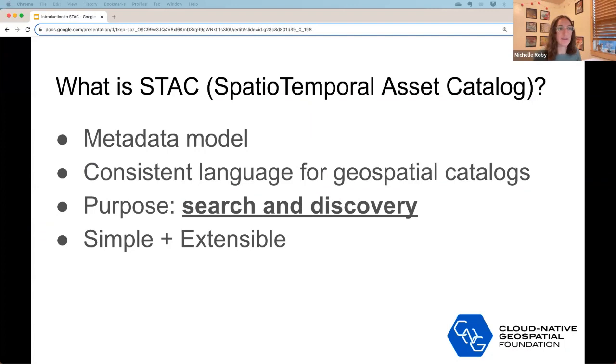And at its base, it's a very simple model. To be able to get metadata into a STAC catalog, the base requirements are pretty simple, which we'll look at all together, but it's also extensible. So if you can meet the base requirements, there are lots of ways to add on additional information into your STAC catalog if you want to include that data. The more data you have included there, the easier it is for people who are looking for that specific data set to find it. So that's the idea behind STAC.